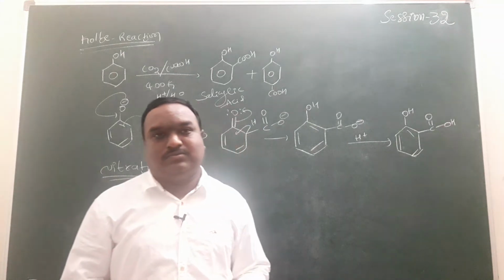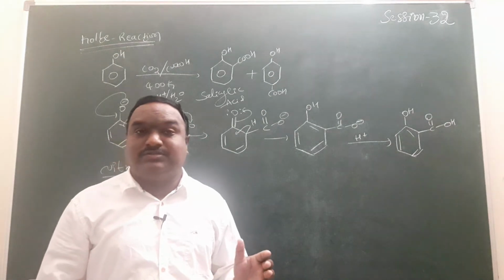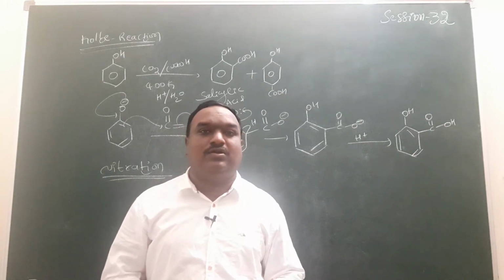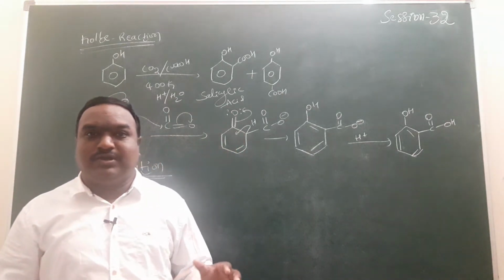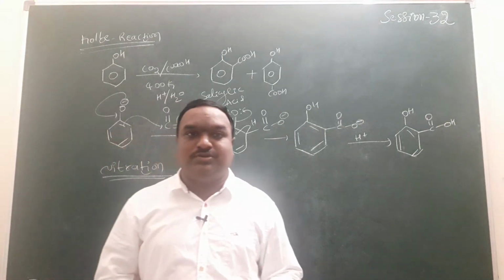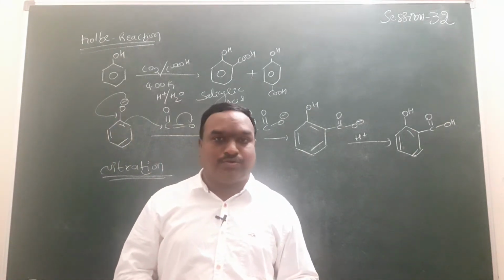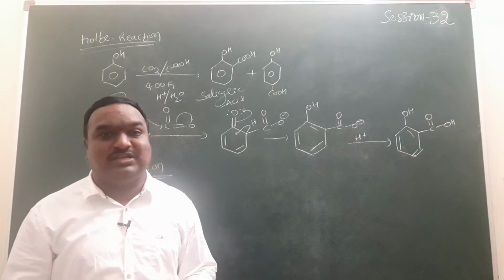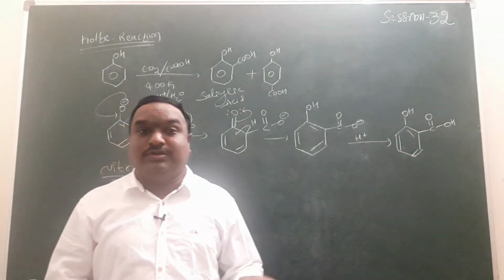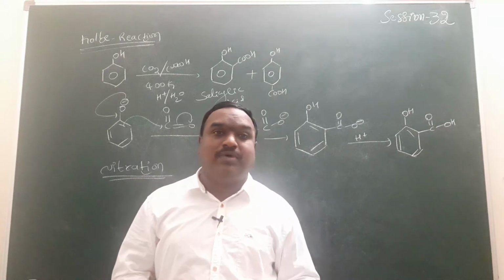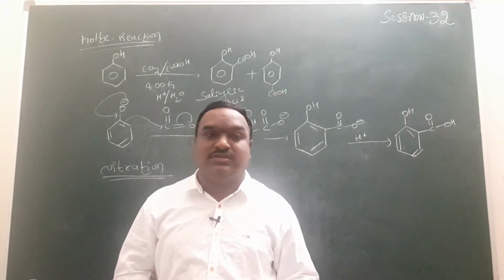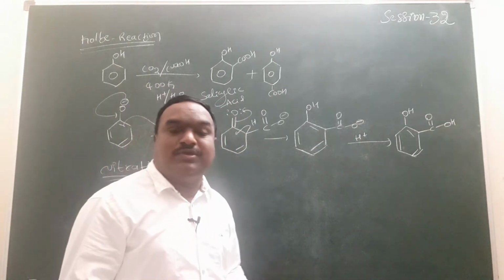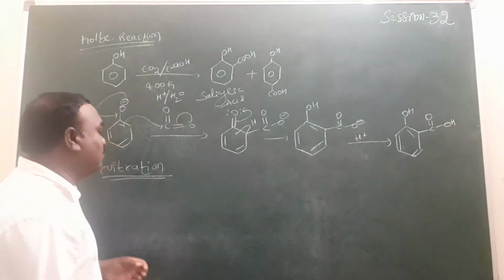When nitration is given, the mixture of HNO3 and H2SO4 is generally called the nitration mixture. Wherever the nitration mixture is given, it produces the NO2 electrophile. The nitronium ion is the electrophile here. So in a given substrate, H plus is substituted by NO2 plus. That's why it is generally called an electrophilic substitution reaction. So the incoming electrophile is the NO2 group.